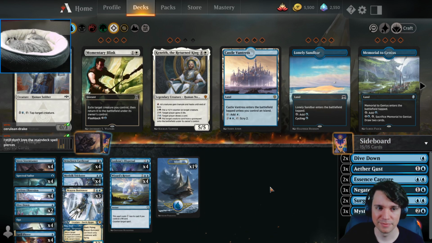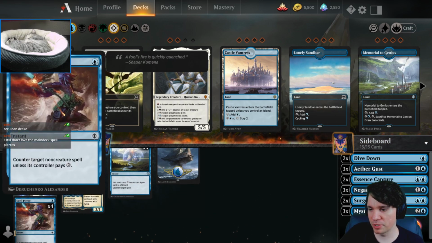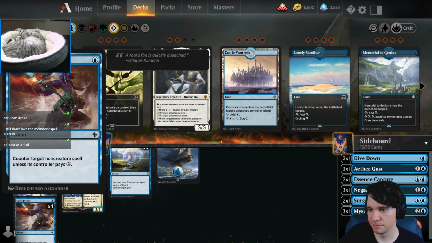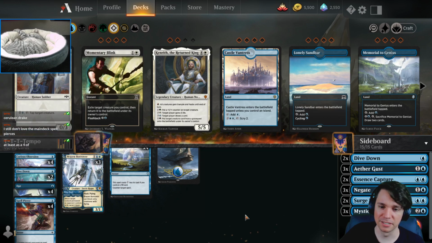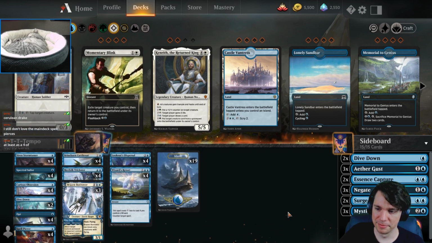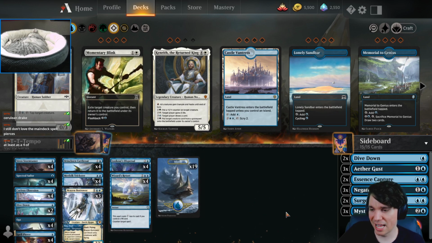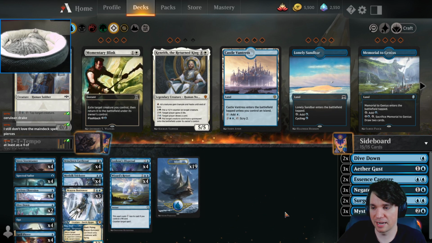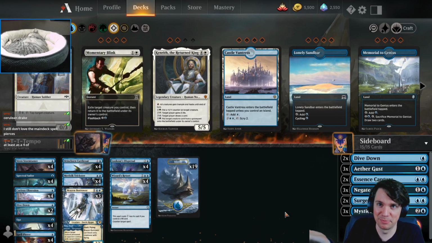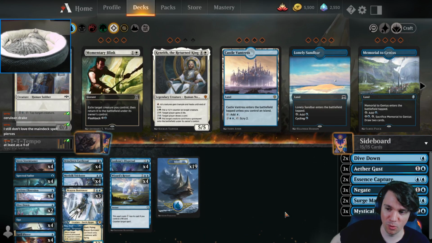But main deck Spell Pierce is a little weird. I don't know. Yeah, I don't know the details. I don't have enough experience with this deck. I just went 5-0 with it out of nowhere. Every time I play tempo, I seem to do well. Maybe I should play it more often, but